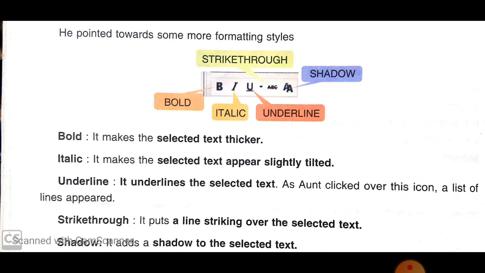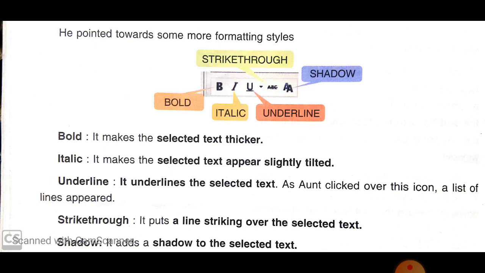In this way, we can apply the bold, italic, underline, strike through or shadow options by clicking on this button after selecting the text on which you want to apply these options. Now next, alignment.